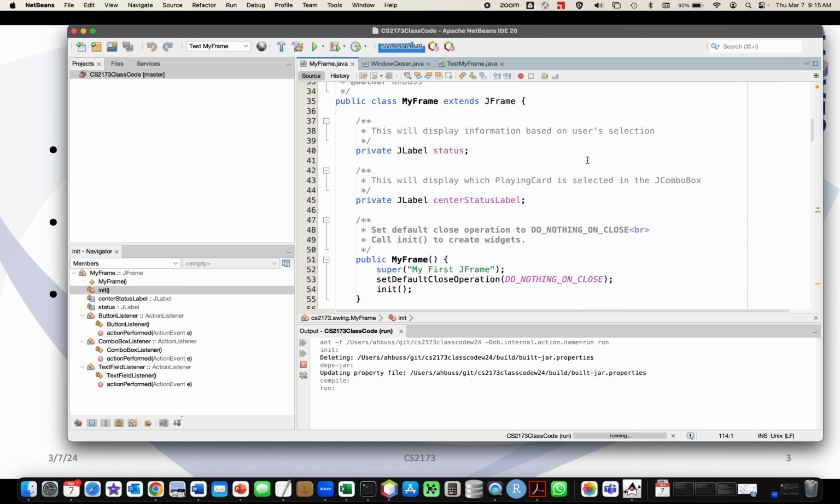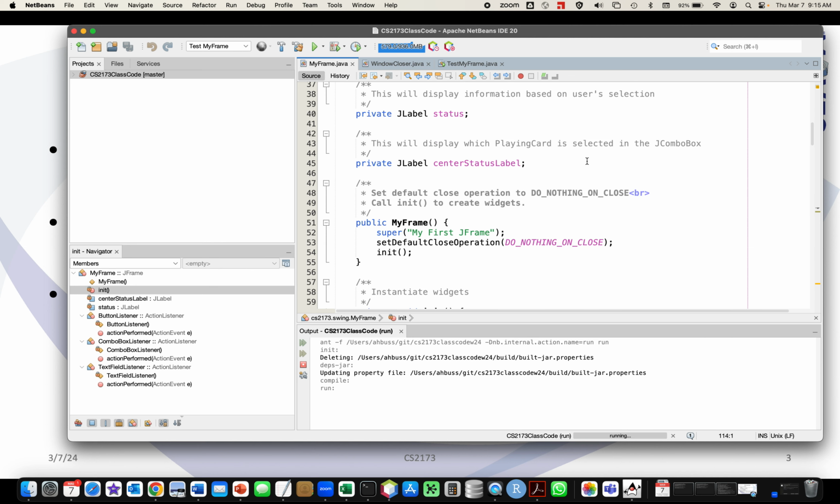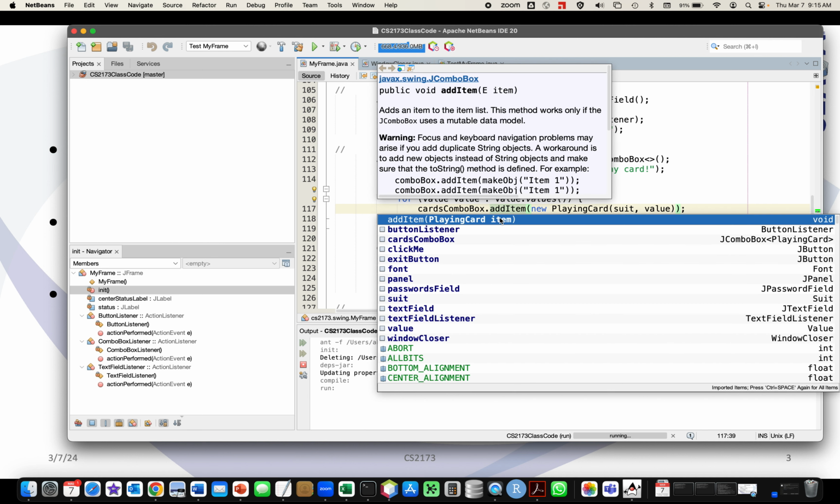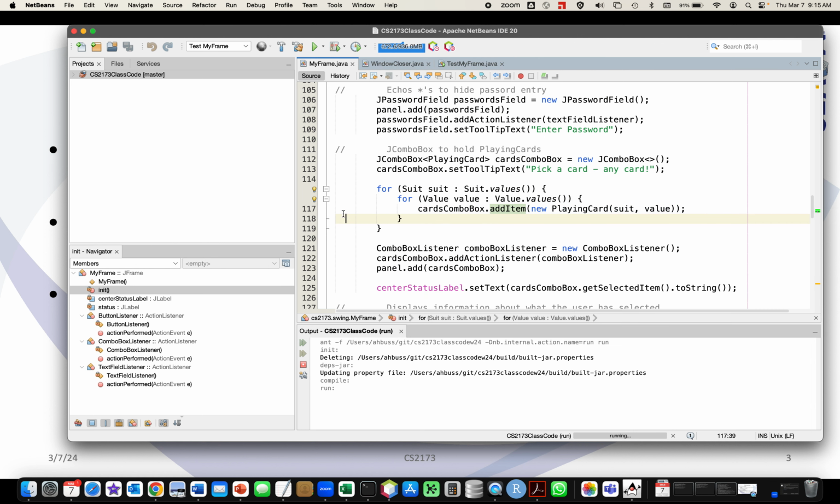And I think we used it as a... no, that was defined as a local variable. Yeah, here. So I defined it as a playing card with a generic. So adding the item has a signature playing card, and the combo box itself has no idea what a playing card is, because that's in Java. But because of the generics, when I said, okay, I want to put playing cards here, under the hood, it said, okay, we can do that. However,